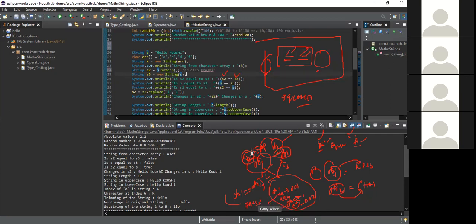If both are Chris and Chris, then it will return true. So this is how the double equal to comparison will happen. It will go internally to the memory object level and then do the comparison. Whereas with equals, it will not go about the memory. It's not required. It just verifies whether this content is exactly the same or not. This is what content verification does.